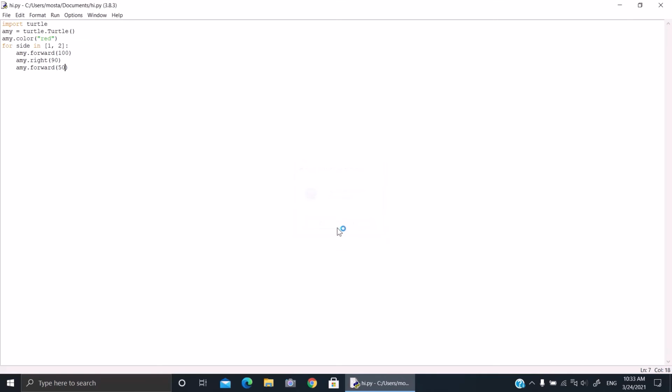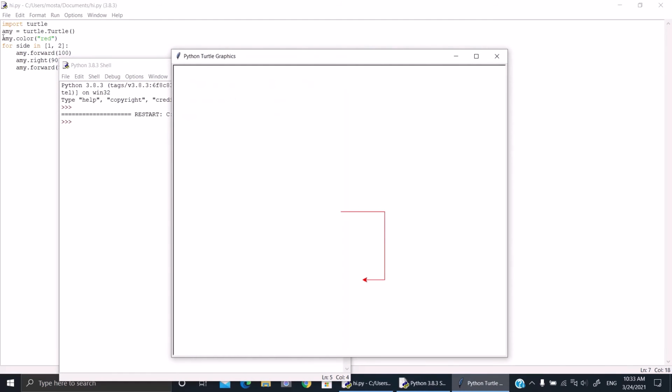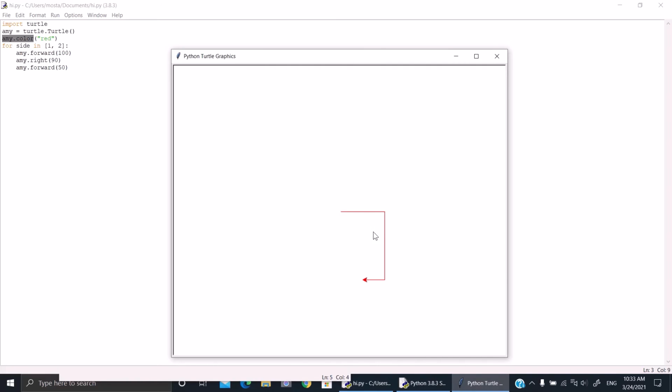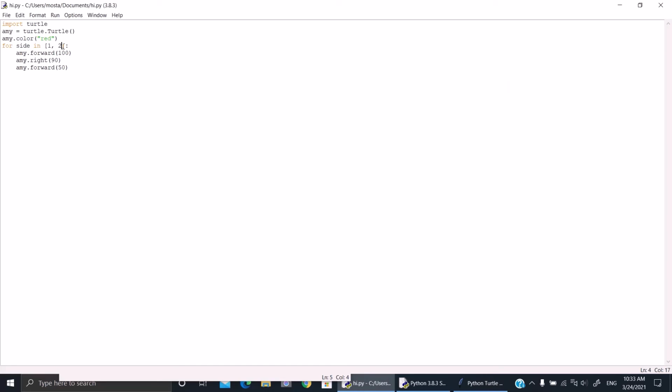Okay, but how do we change the color? Before we write for side inside, we make amy.color the name, and then we put parentheses and then quotation marks and write the name of the color. Okay, I want to see what it gives us, just this. Maybe we need 4 times, 3 and 4,